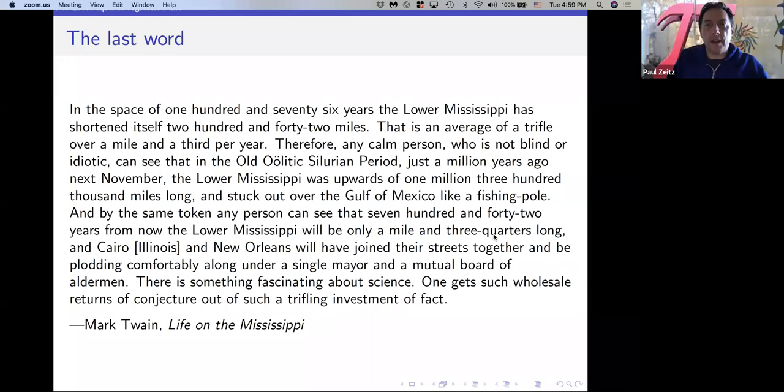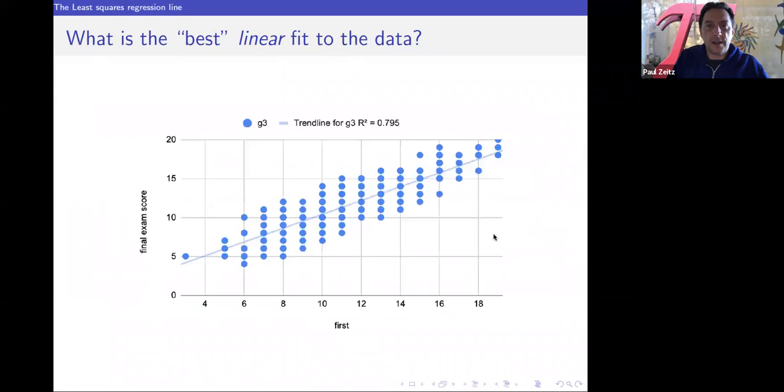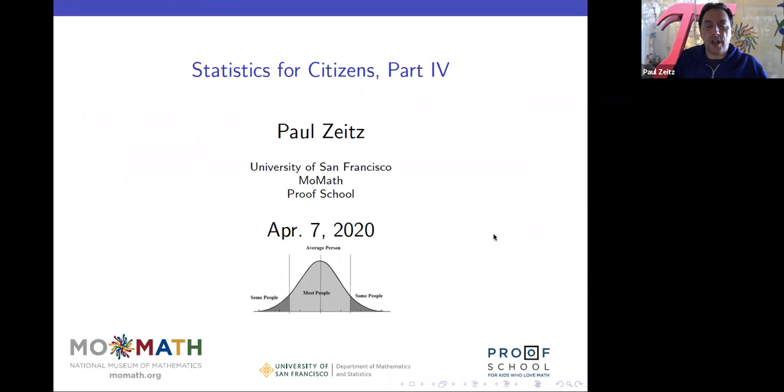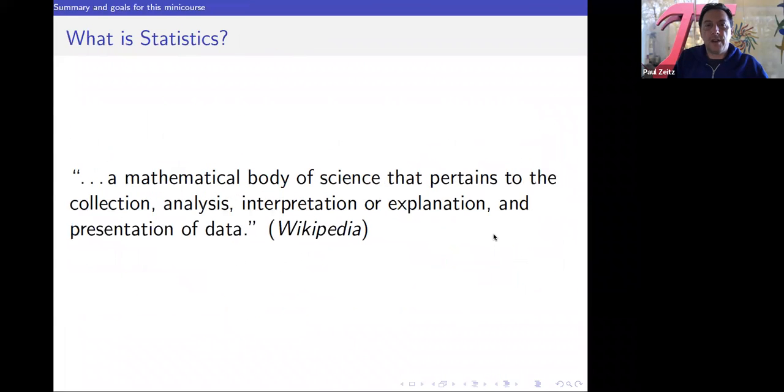Another question? There's a question in the chat. Would you please show the first Wikipedia quote near the beginning of the presentation? Oh, about the definition of statistics? My pleasure. Hold on a second. I will also show you the last slide because that's important. So that's a definition of statistics there.